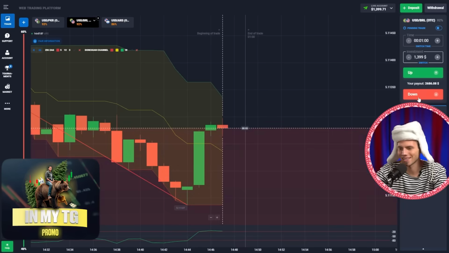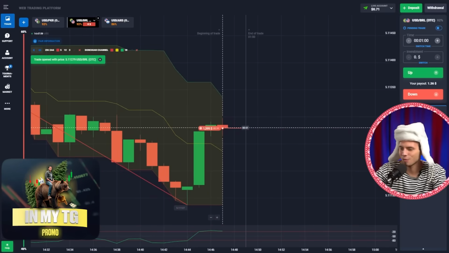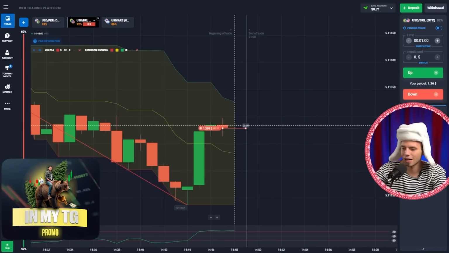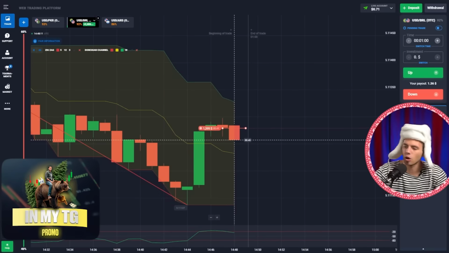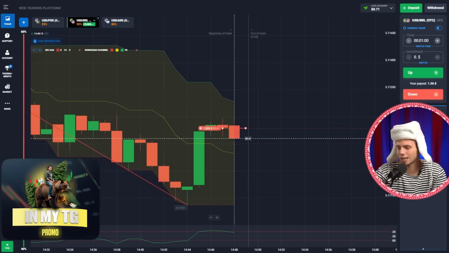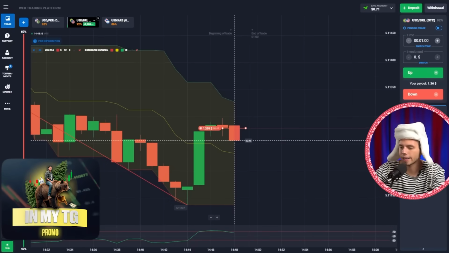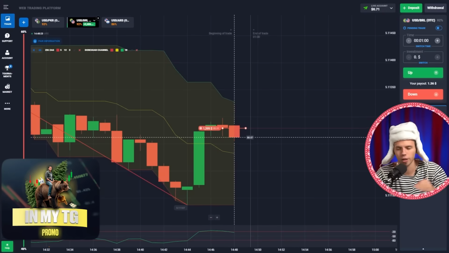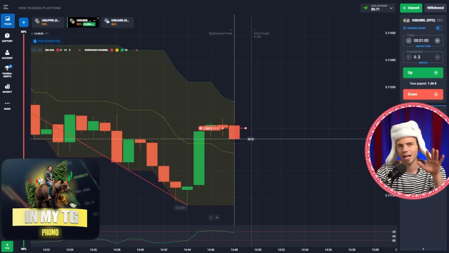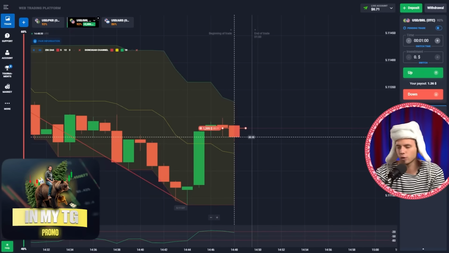Interesting. 30.99. Opening a sell trade. Why? Here we moved away from the lower boundary of the abnormal bar. You see this candle, this huge candle? We moved from this lower boundary, and as a rule there will be a move down to the average. This is always the rule of the market. Once it's overbought or there is an abnormal divergence, no matter what, after that the market needs to cool off to the average, okay?